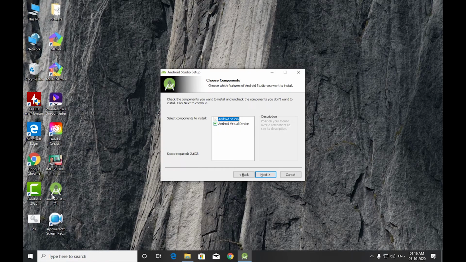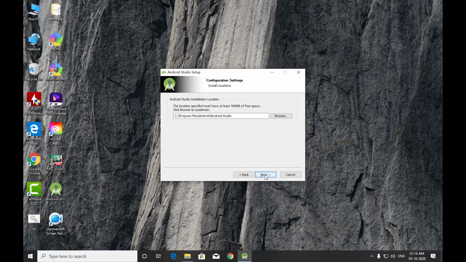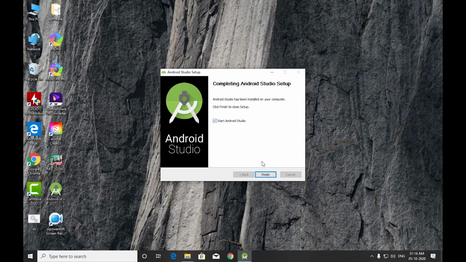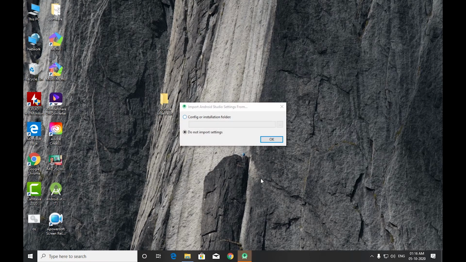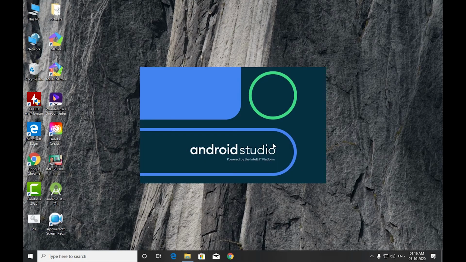After that, click on next. It will be the same as installing any setup. I will just fast forward. Click on the do not import option because you are installing Android Studio for the first time.